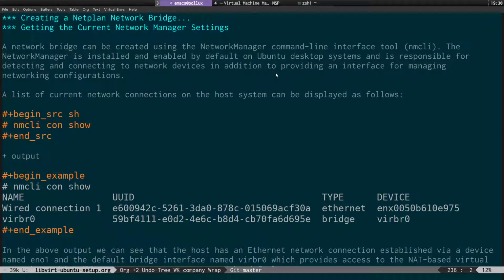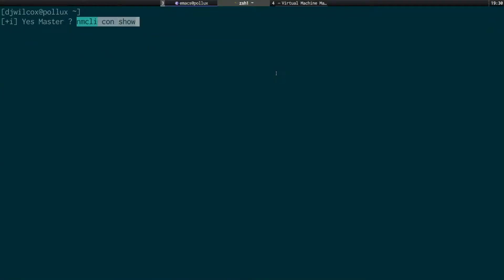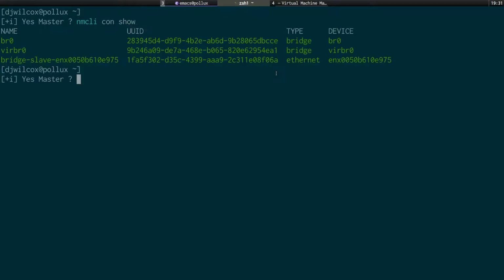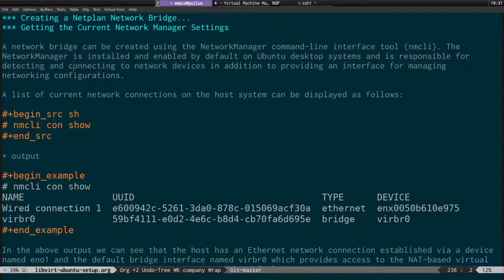this is going to show the list of the current network connections. So I'm going to run nmcli con show. And as you can see here, I've actually got the bridge already created and the bridge slave. So this is what it's going to look like after you've set it up. So what we need to do is actually